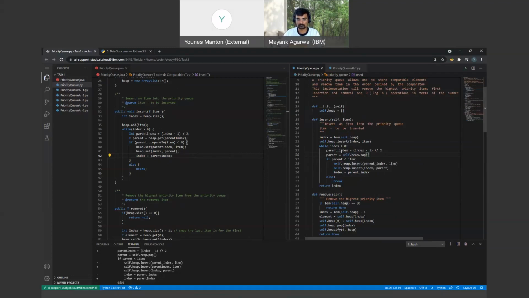Yeah, this doesn't make sense at all, because parent index and parent aren't the same. I'll take that, I'm just going to pass that to make it make sense. Then you get